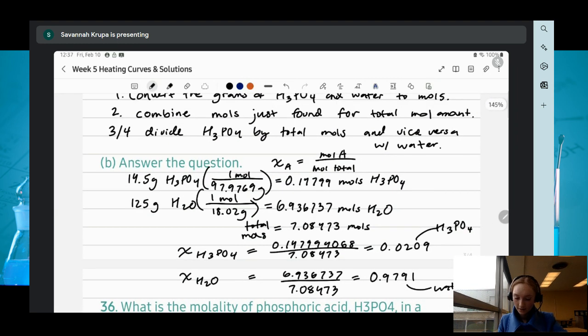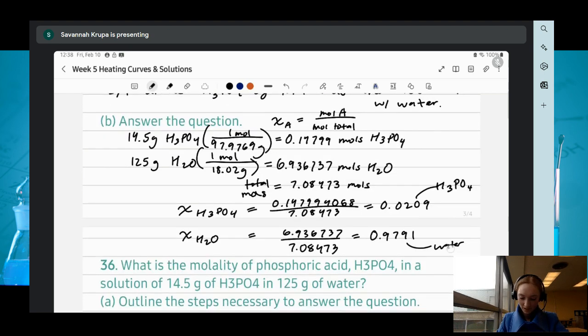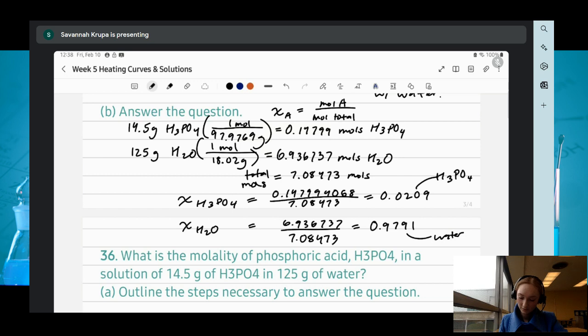Okay, so let's move on to the next problem. I'll leave that up for a second if you are still looking at that. So now we will work on problem 36. So it asks the question, what is the molality? So that's not the same as molarity. I sometimes get it confused myself. But what is the molality of phosphoric acid H3PO4, just as we were working with, in a solution of 14.5 grams of H3PO4 in 125 grams